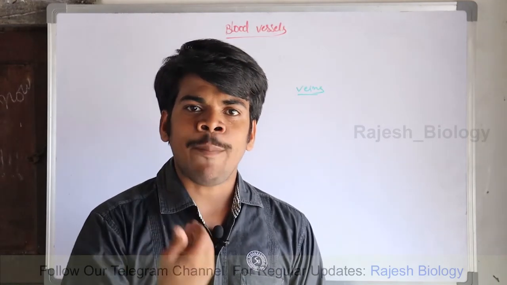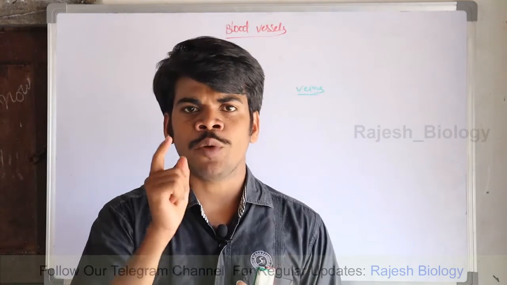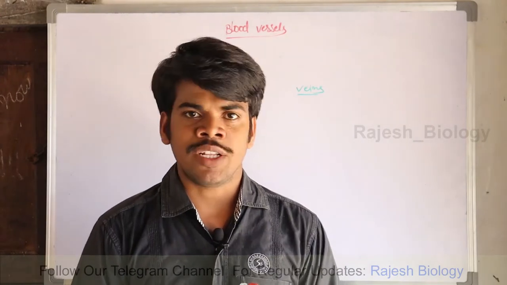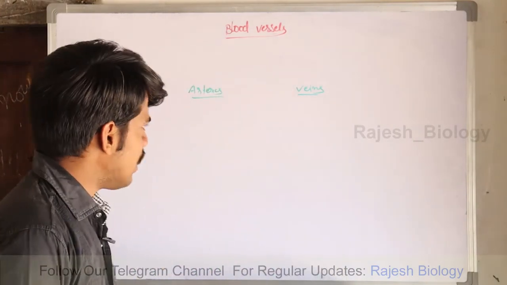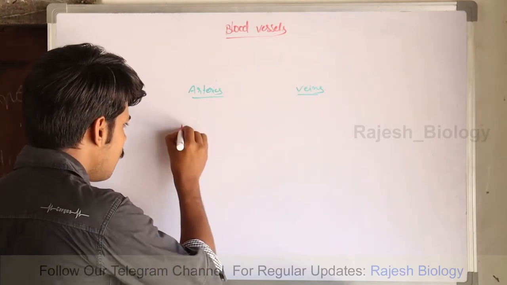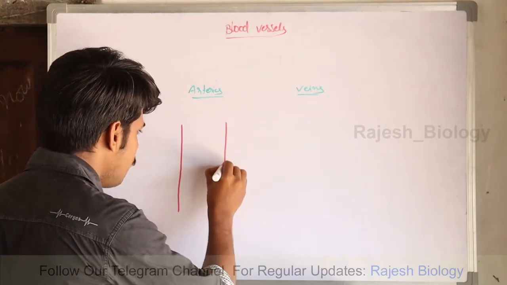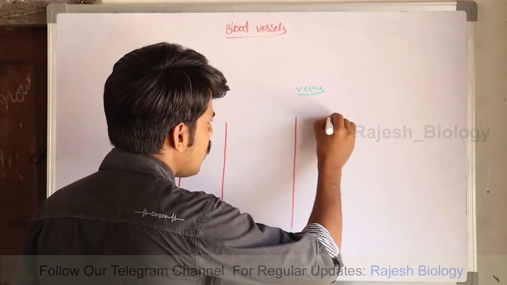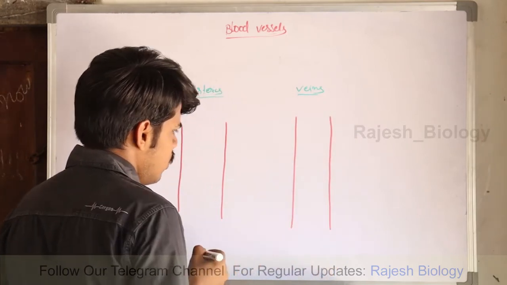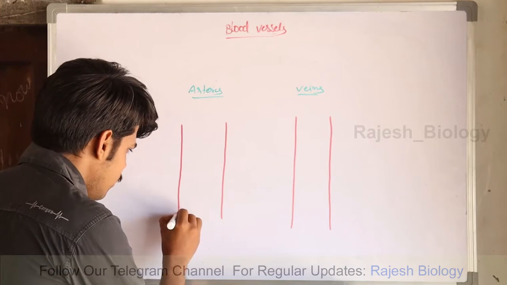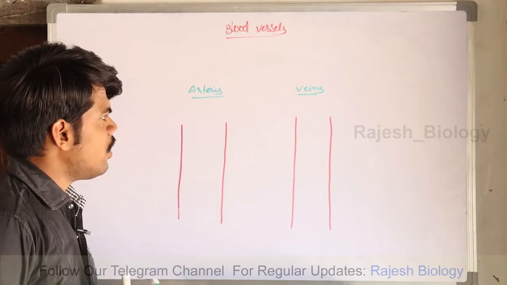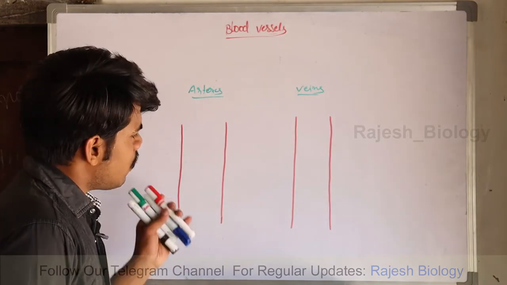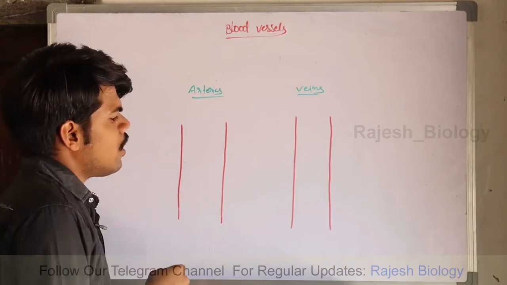Now I remove the capillaries also. Then you have to define the differences between arteries and veins. How can you differentiate both arteries and veins? Right. For that purpose, I give a clue. Arteries are bright red in color, and veins are dark red in color. Don't think there is no other marker for the dark red. Okay. So that is the difference between arteries and veins. Arteries are bright red and veins are dark red. So we can differentiate the arteries and veins with the color also.